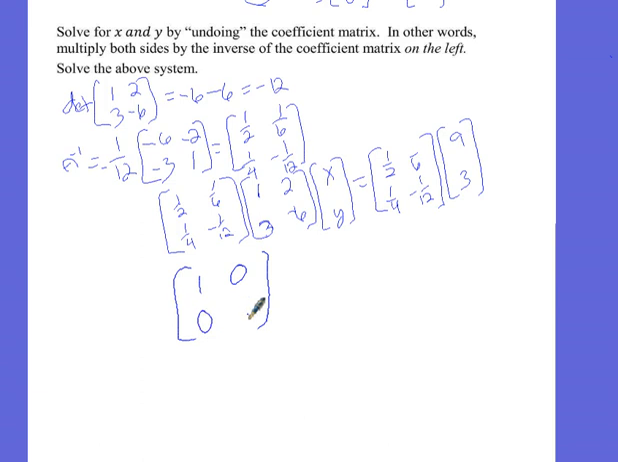So what should we get here? We should get a 1. 1/4 times 2 is 1/2. Negative 1/12 times negative 6 is another 1/2. Add them together and you do get that 1. So we got the identity matrix, which is nice. Our column of variables, x and y, equals